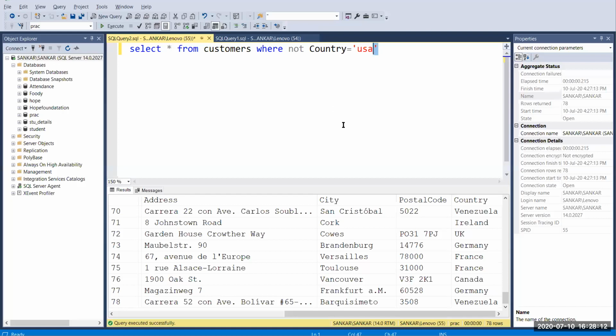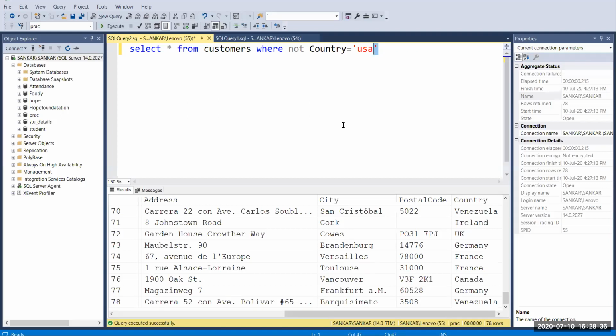We can use the AND operator where both conditions have to be true. If we want to print a record when either one is true, that's enough, so we can use the OR operator.